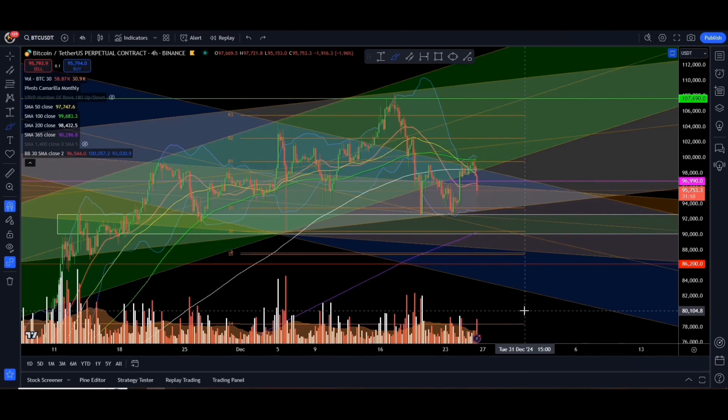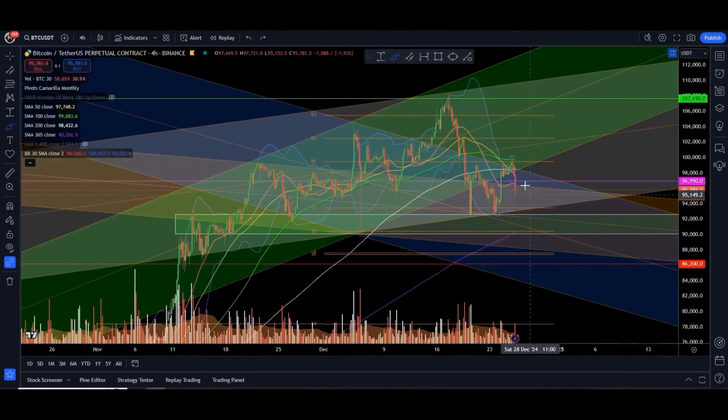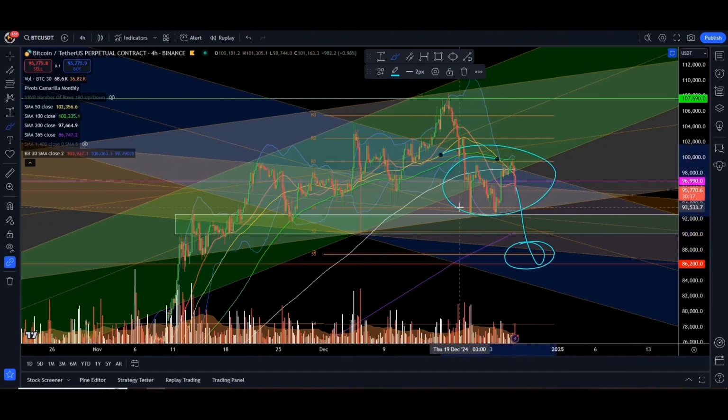So I'll think about what to do if the price comes here. But still, considering the whole set of indicators, for a spike to $87,000, I'd probably give it a 25 to 30% chance, just like I mentioned yesterday. And I'd say about 70% chance that this consolidation will be enough, because, after all, by many indicators, we've really